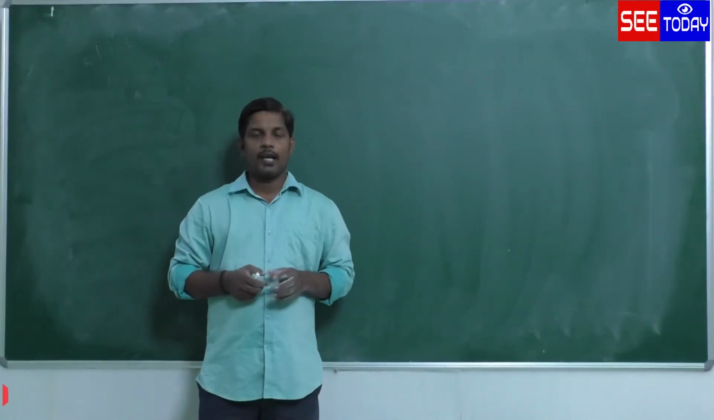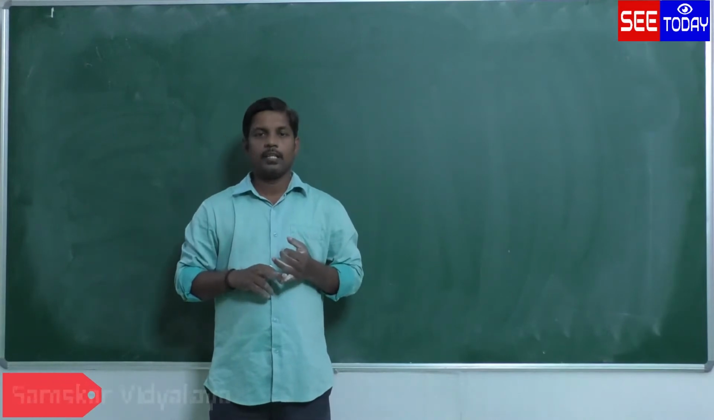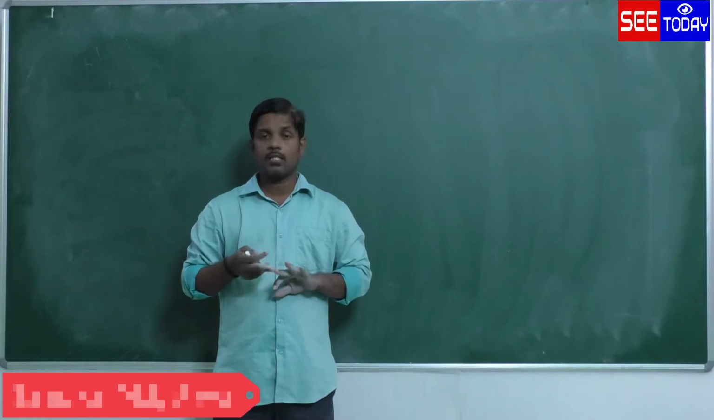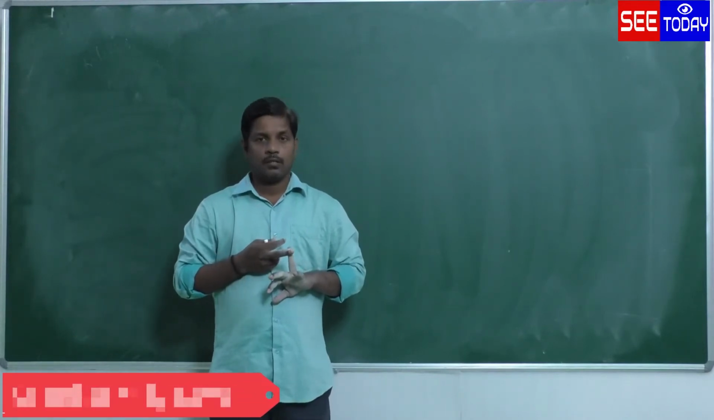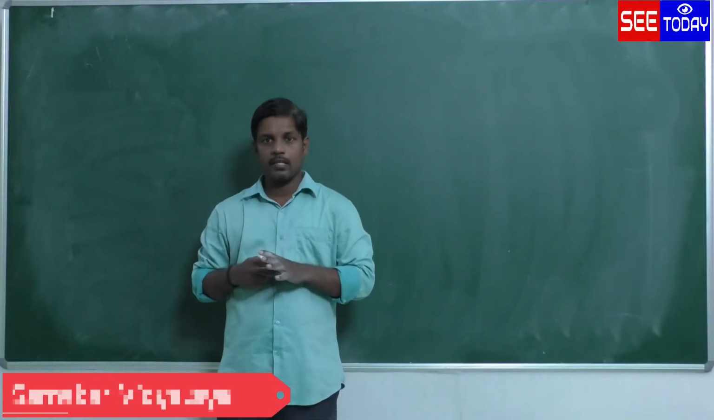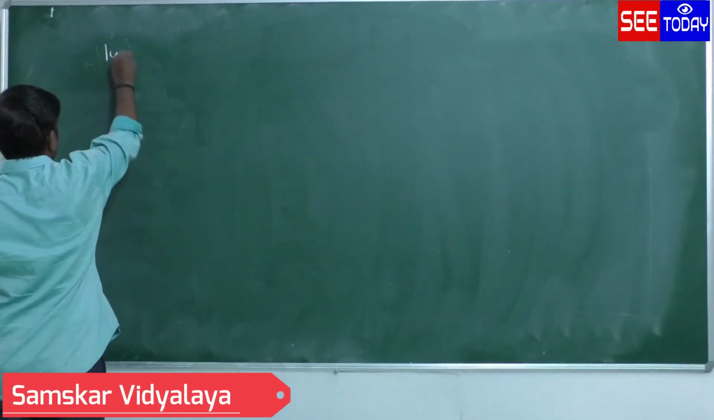Hi children, so in the last class we have discussed acids, bases and salts. In that we have discussed the definition of an acid, the definition of a base, and how we can identify acids using indicators. Then after that we are going to discuss types of acids. So today let us discuss types of